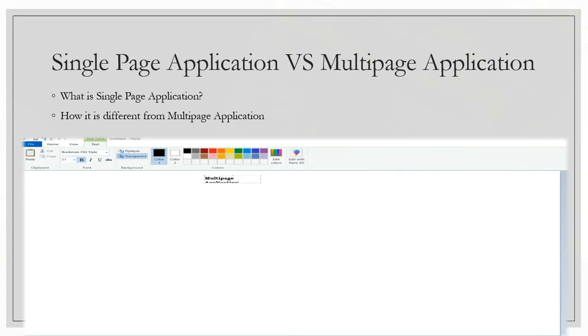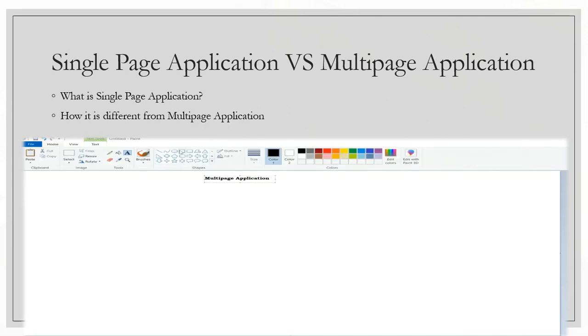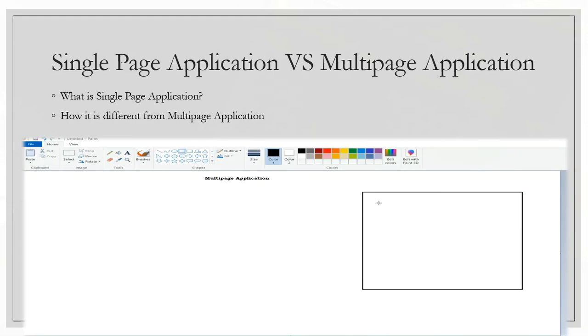Multi-page application. As the name describes, we are dealing with multiple pages. On our server we will have multiple pages. Suppose we have an application named abc.com, published on one server. Here we have a few pages: one page, two page, third page, and the fourth one.